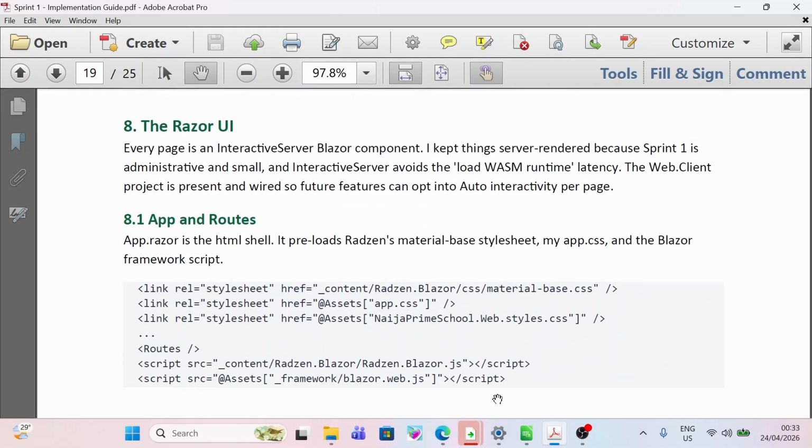8.1 App and roots. App.razor is the HTML shell. It preloads Radzen's material-based style sheet, app.css, and the Blazor framework script. <link rel="stylesheet" href="_content/Radzen.Blazor/css/material-base.css" /> <link rel="stylesheet" href="@Assets["app.css"]" /> <link rel="stylesheet" href="@Assets["NaijaPrimeSchool.Web.styles.css"]" /> <HeadOutlet /> <script src="_content/Radzen.Blazor/Radzen.Blazor.js"></script> <script src="@Assets["_framework/blazor.web.js"]"></script>